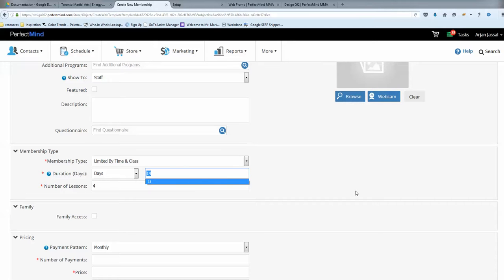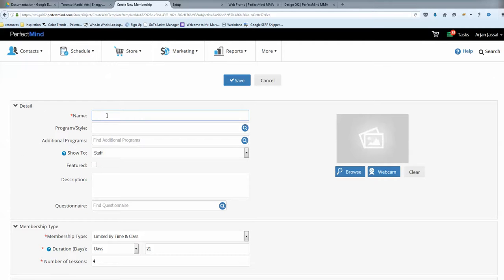All right, perfect. Here I'm going to actually name my product. So 4 classes offer. The program, you can link it to a program if you want, or a style, or additional program. I'm not going to bother. Now the show to, this is basically what's going to allow different criteria to view it. So I want this to be public, so I'm going to set it to public. And I don't want it to be featured, just because I'm linking right to it, so it's not like a big menu of memberships that they're picking from, so you don't need to feature it. My description now is going to be 4 classes